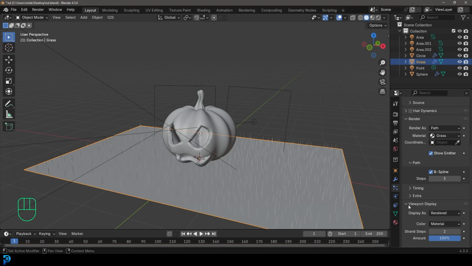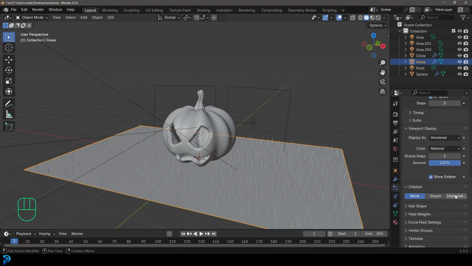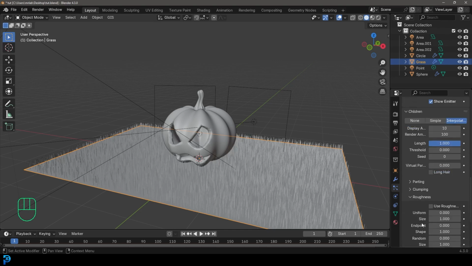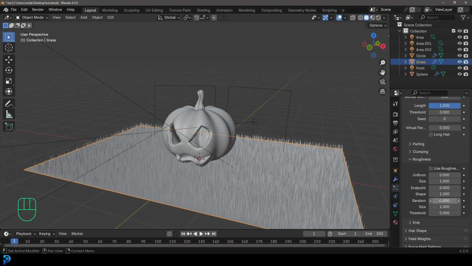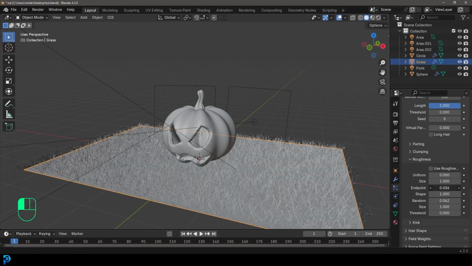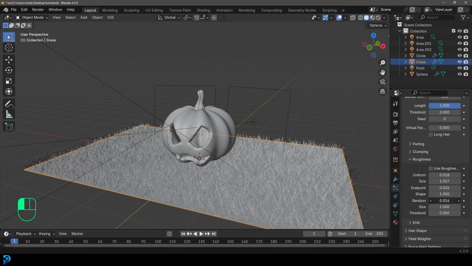And then I'm going to go to the render, enable B-spline. Under the viewport display, I'll make the strand steps 2. Under the children, I'll make it interpolated. And then under the roughness, I'll give it a random endpoint value a little bit, and then just a top uniform here. And then just mess around with that size a little bit, randomizing the look of the